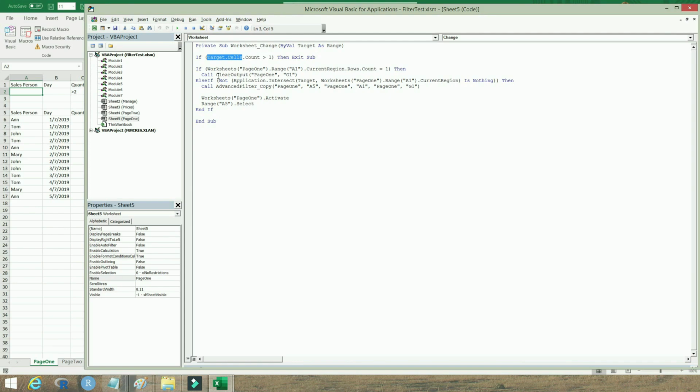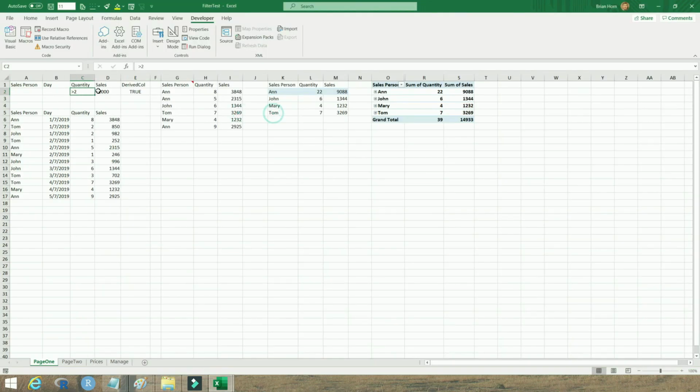Then it goes further and says if the region equals 1, you're going to clear. That means that if all these individual cells that make up the advanced filter have been cleared out one by one. If I try to clear them all out at the same time, that's a range. But it's set up so that if there's no criteria left, it'll then clear out. As you're just changing, clearing one, the query will rerun. But when there's no criteria left, it clears the